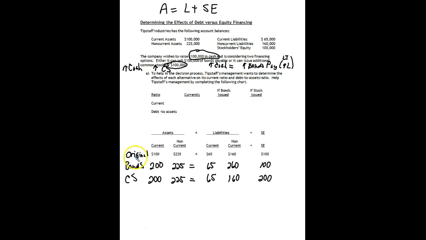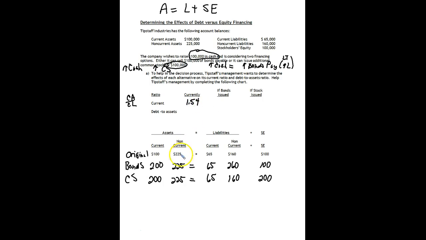Okay, so here's our original data. If we issue $100,000 of bonds, or if we issue $100,000 of stock, so debt or equity, what difference does it make? Either way, assets go up 100,000. Do I want debt to go up 100 grand, or stockholders' equity to go up 100,000? Remember, our current ratio is current assets divided by current liabilities. So if I do that with the original, I'm taking current assets of 100 divided by current liabilities of 65, and I will get